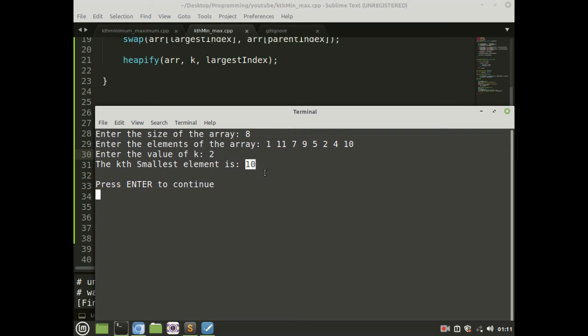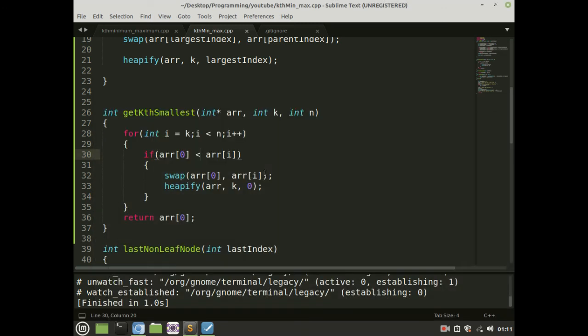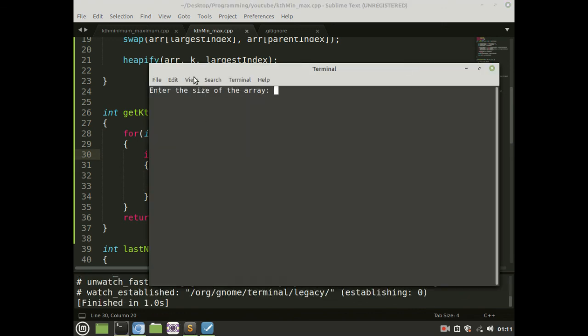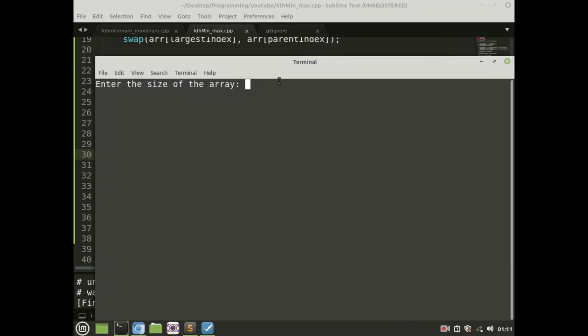Let's check another example. Let me zoom in. This time I am going to give 9 elements: 4, 5, 1, 11, 13, 15, 17, 9, and let's say 0.